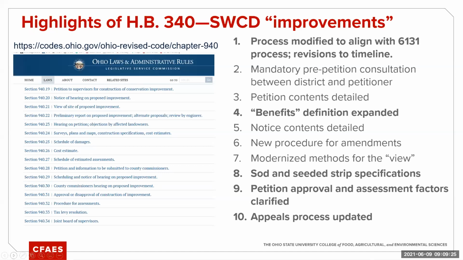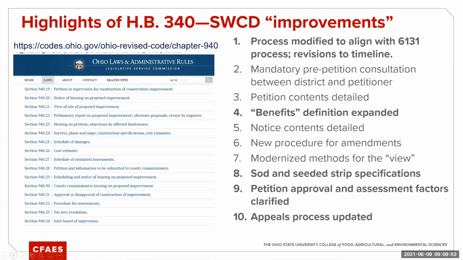The process was modified, as I said, to align with 6131, and we made a number of changes to timelines and deadlines, and again, tried to make those the same, whether you're going through soil and water or the county engineer. Created a mandatory pre-petition consultation that was occurring in many places, but we made it mandatory that that petitioner had to consult with the district.